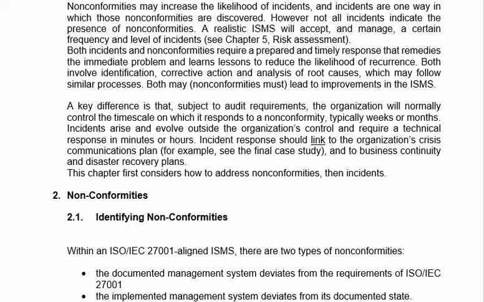But in case of an incident, it could come from your internal organization, and it could also come from outside the organization. Like some hacking activity may happen from outside your organization. And also major incidents, like act of god related incidents: fire, water, earthquake, flood. These kinds of incidents are always there. So we need to have a proper business continuity plan to tackle these kinds of incidents. So this is the basic difference between incident and non-conformity.